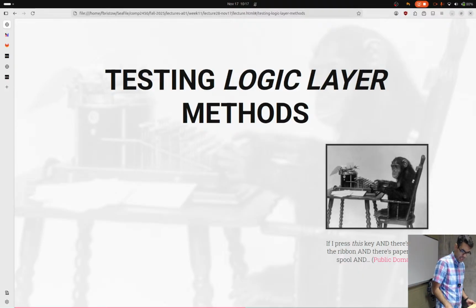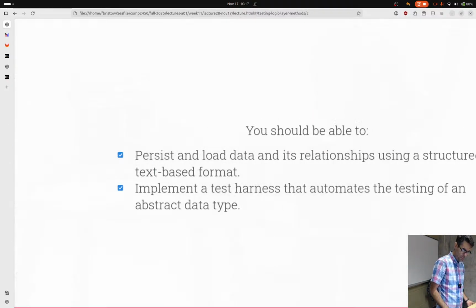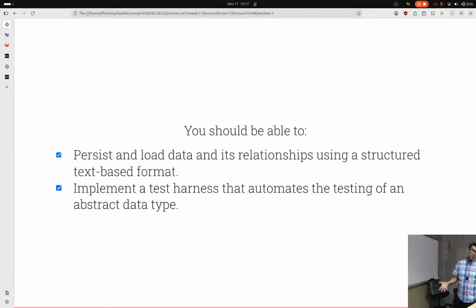So what I'm going to say here is, at this point, you should continue to be able to persist and load data and its relationships using a structured text-based format like JSON. And you should be able to implement a test harness. You should continue to be able to do this. But what we're going to start doing on Wednesday next class is to start thinking